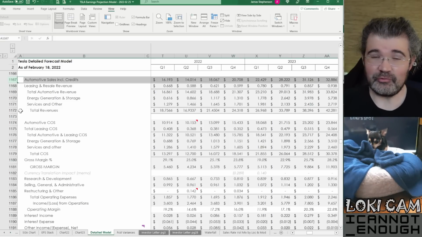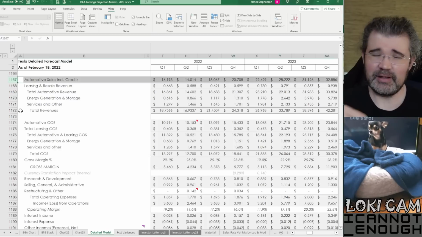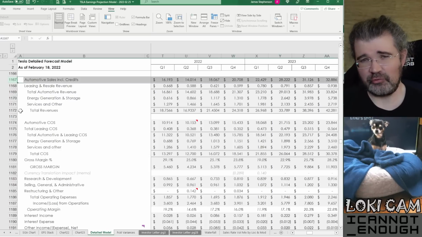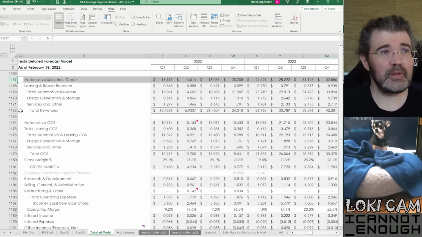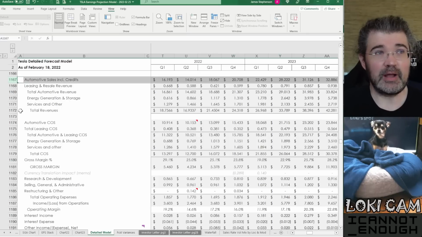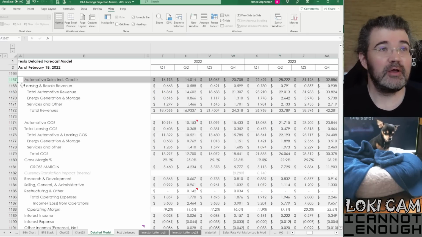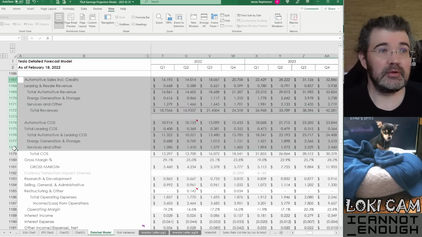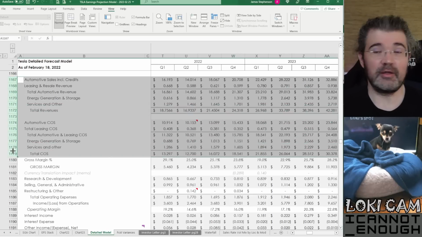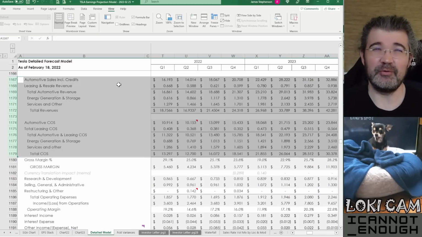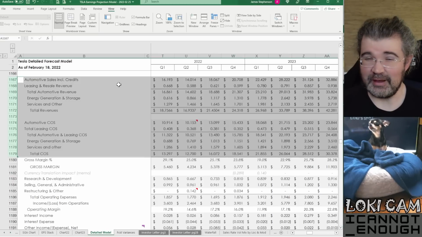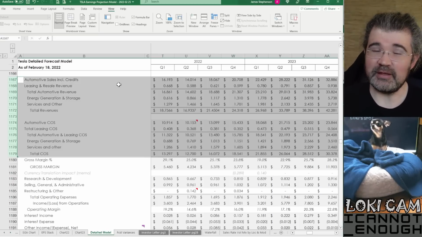Above this are all the rows where I'm figuring out how much revenue and how much cost of sales there will be. Literally I'm using 1165 rows just to figure out what these lines on the income statement are going to be, and then these just add those up. And actually there's another section, rows like 1800 through 2000, where I'm figuring out what the